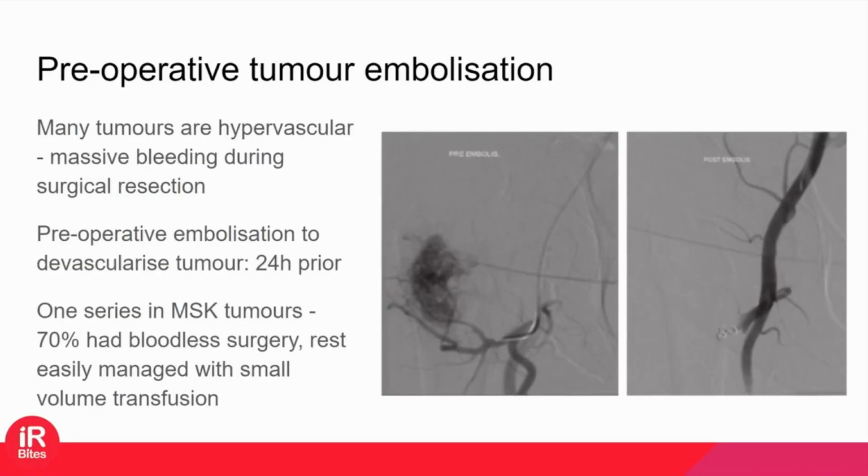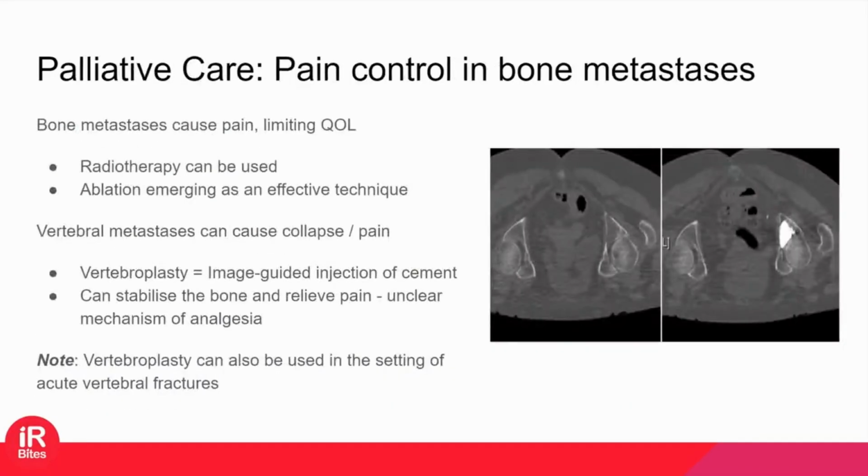So pain control in bone mets is another area where interventional radiology helps in MSK conditions. Bone mets often cause a lot of pain. The cortex is very, very sensitive, and so traditionally you could do radiotherapy, but another option is ablation. So what you do is you go in and destroy the tumor cells, and somehow that improves pain. And I'm sure there's a complicated reason why that is, but also